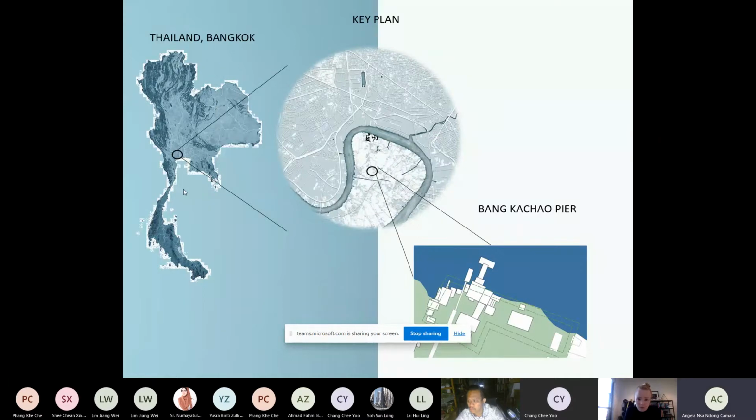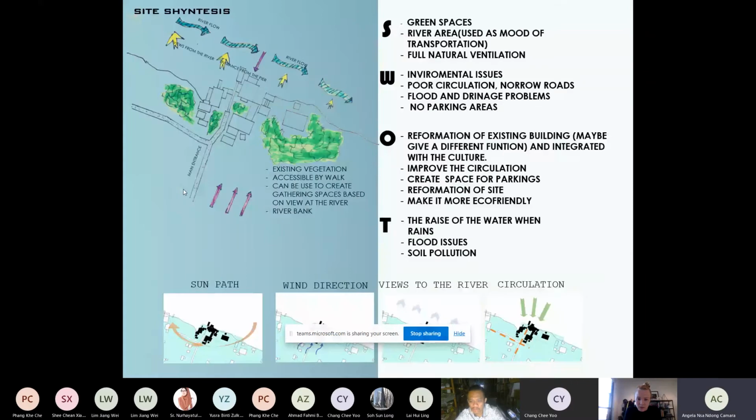So moving on into my cultural center. Here I have the key plan and the Bangkachao site plan. For my site synthesis, I tried different parameters of the site.